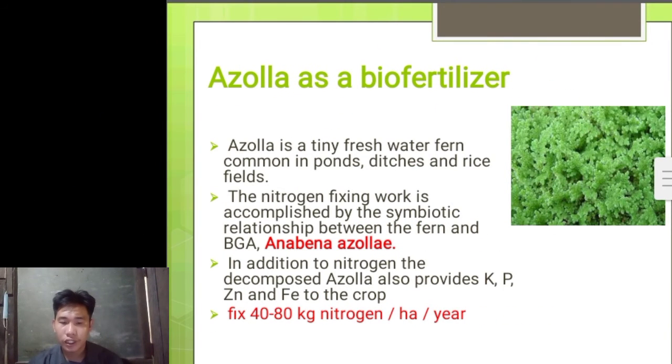Azolla as a biofertilizer. Azolla is a tiny freshwater fern common in ponds, ditches, and rice fields. The nitrogen fixing work is accomplished by the symbiotic relationship between the fern and BGA, Anabaena azollae. In addition to nitrogen, the decomposed Azolla also provides